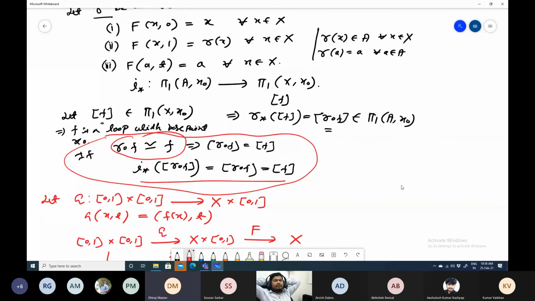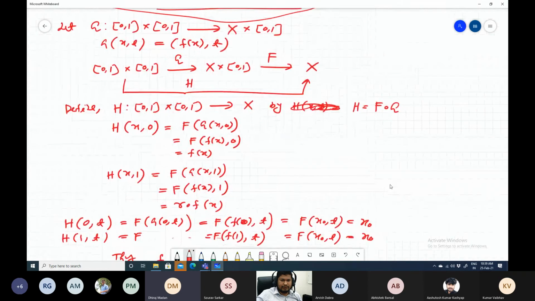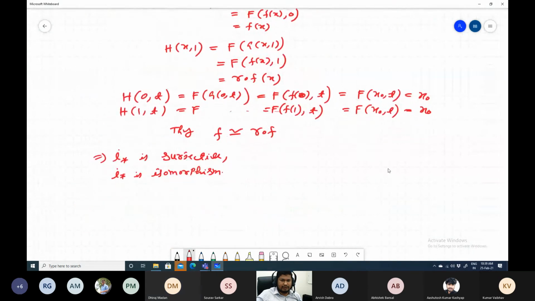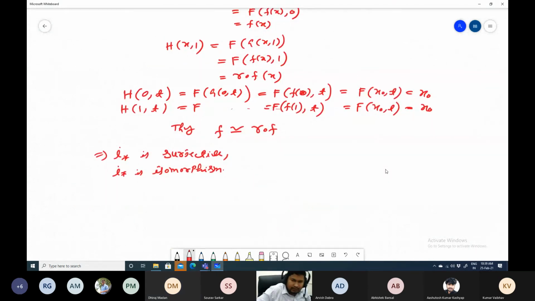Okay, I should not write this one, so I have to write something else. Yeah, maybe you can distinguish by using a subscript A or subscript X for the homotopy. This one should not be written. Now how to write this then? Okay, now we get this one. So therefore we get